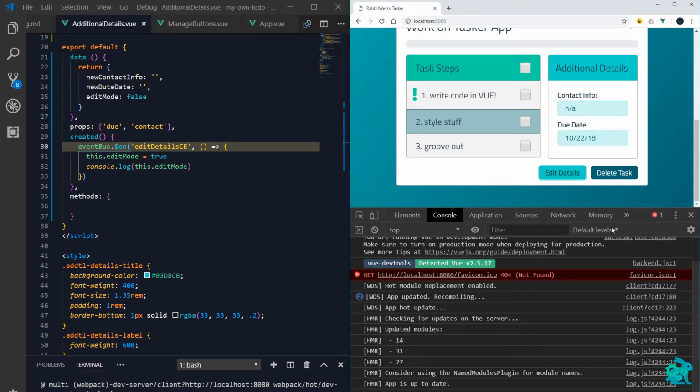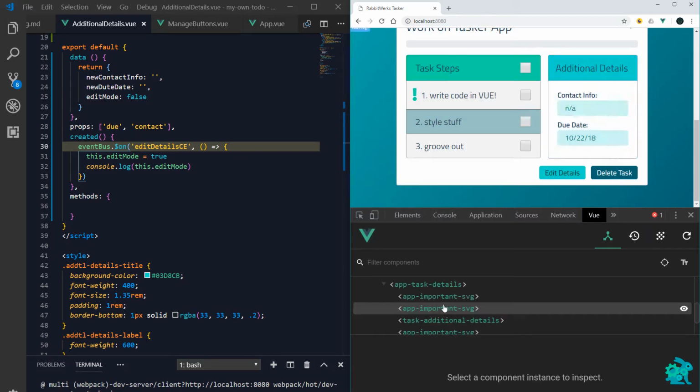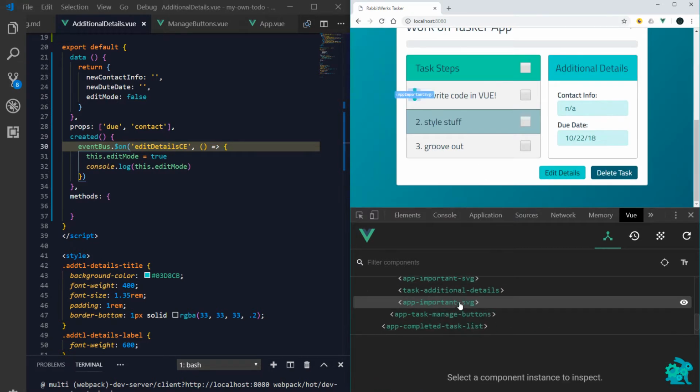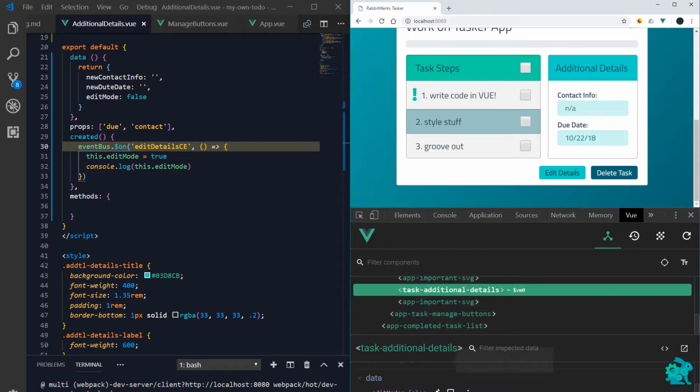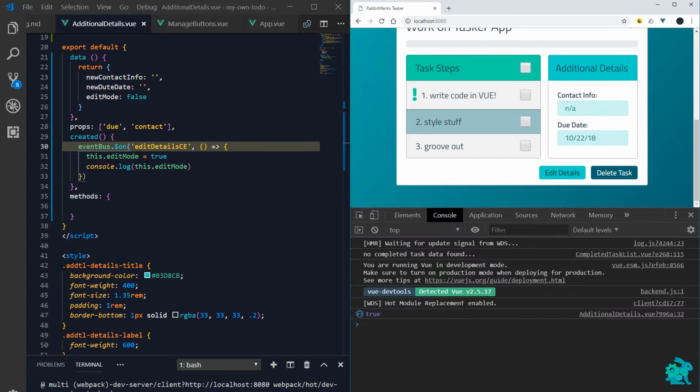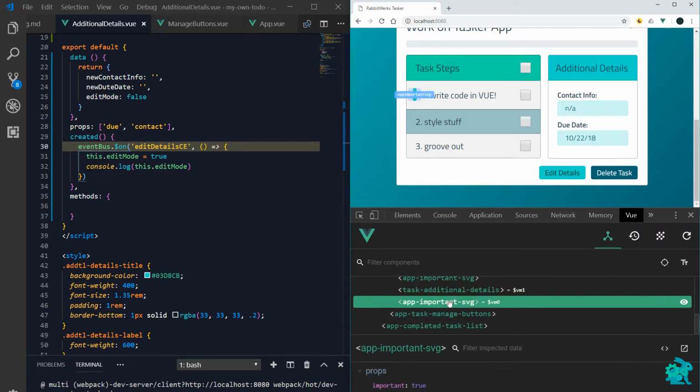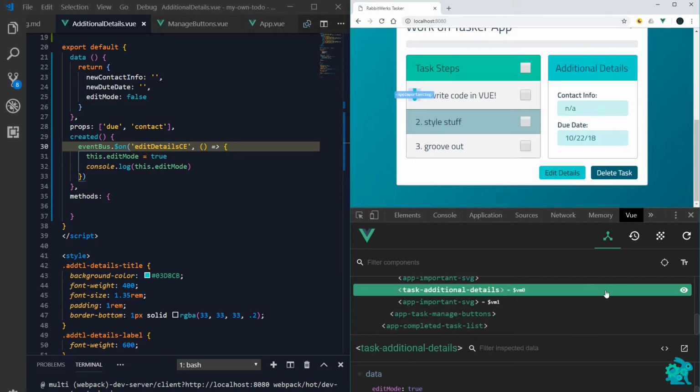True. And let's see. Looks like it's true in there. Refresh it. Look at it again, it's false, click it, and it says it's updated to true. Go back in here. Okay, so it does. Cool. Alright,